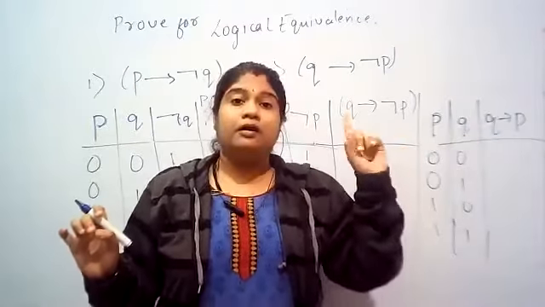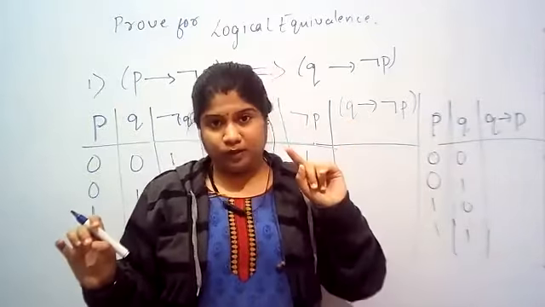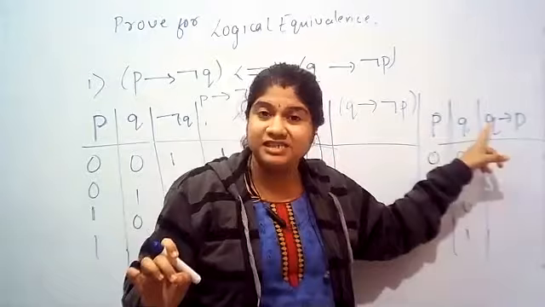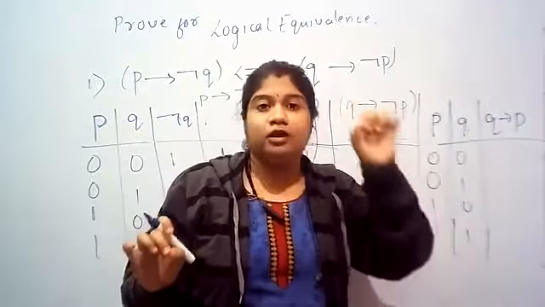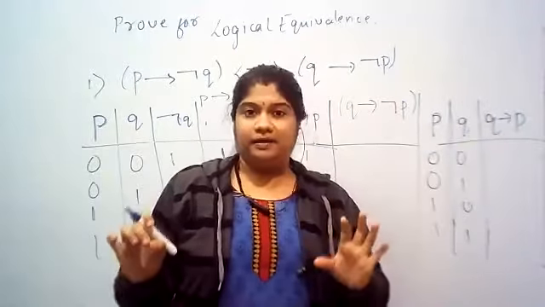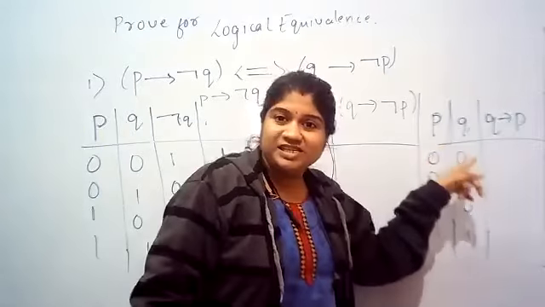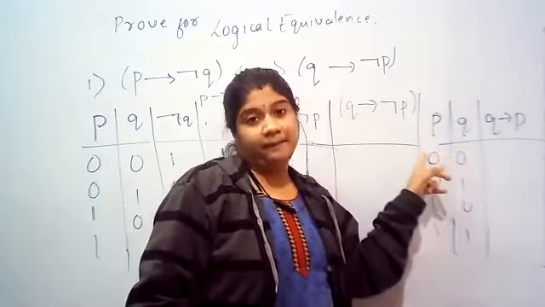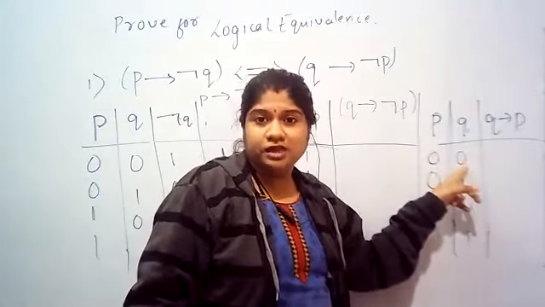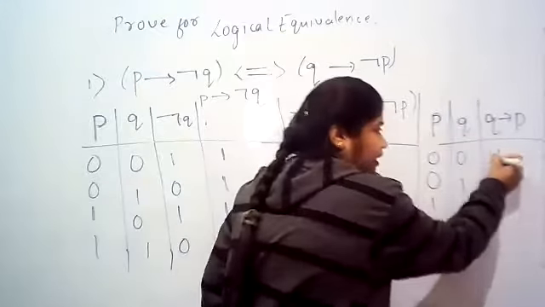There, how was it? If P then Q it was there. Whereas here what do I have? First Q. So we say it as if Q then P. So first is 0, 0. First take Q, then take P. So if 0 then 0 will be 1.